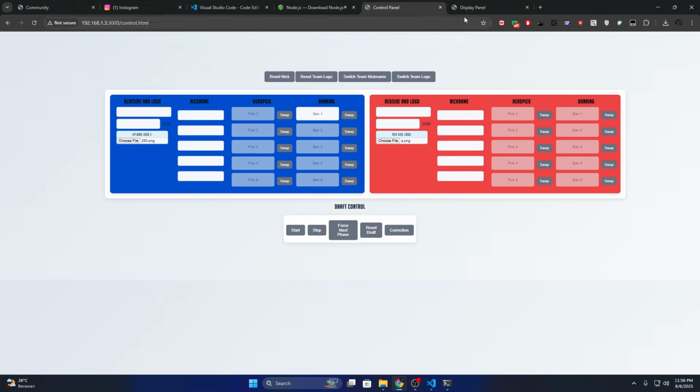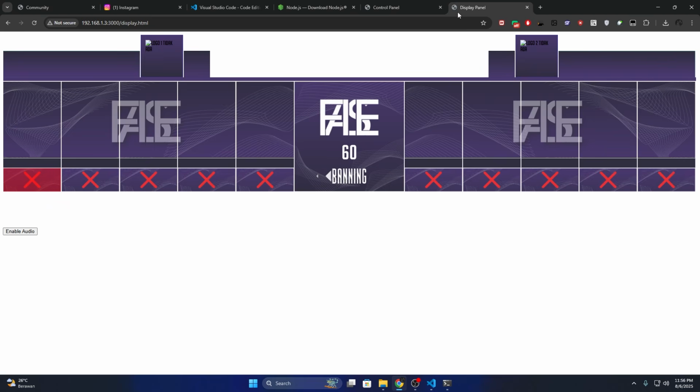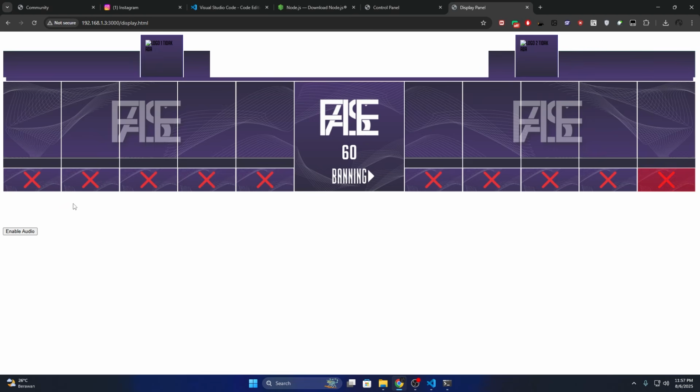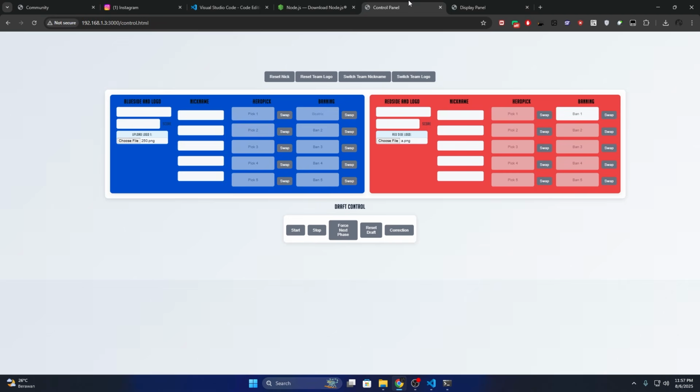So what are the changes? The change now is the sound. Before, the sound was on the control panel, but now the sound is on the display panel. This is just an example. If I type a hero here, like Beatrix, then Beatrix will be there, but there is no sound. Now we just need to press this enable audio and then type it, maybe